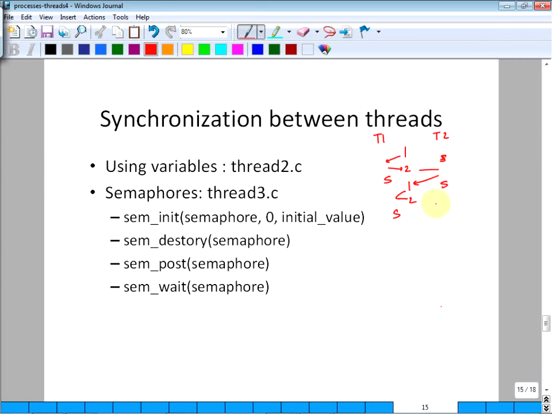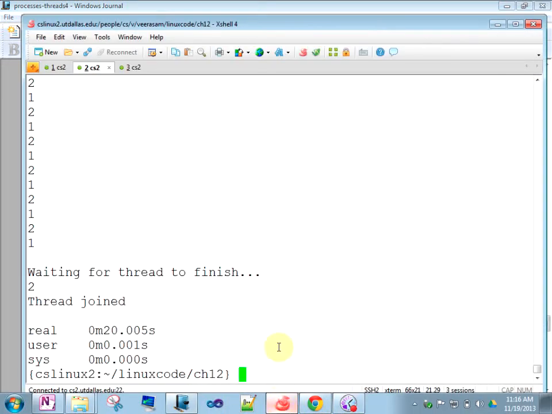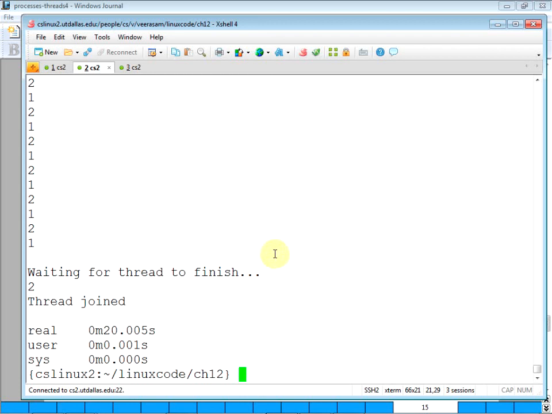Because of that, most of the time both threads are busy sleeping, originally. Because of that sleep time. Sleep time was 1 second. You can try to do less, but I don't think you can do less than that.